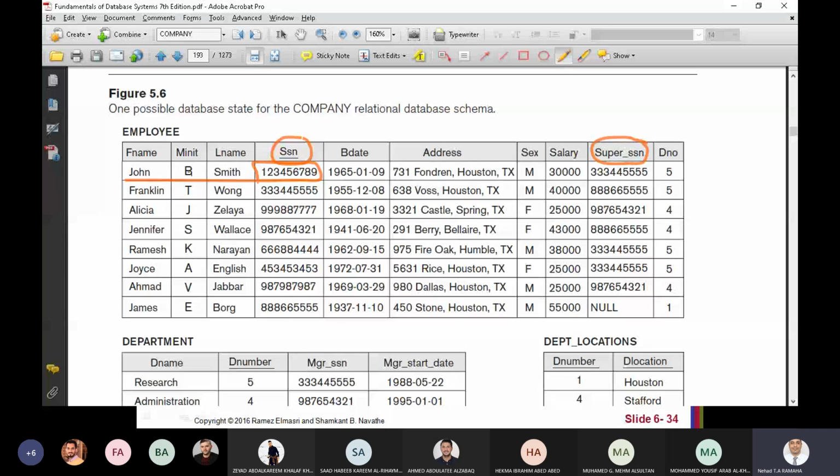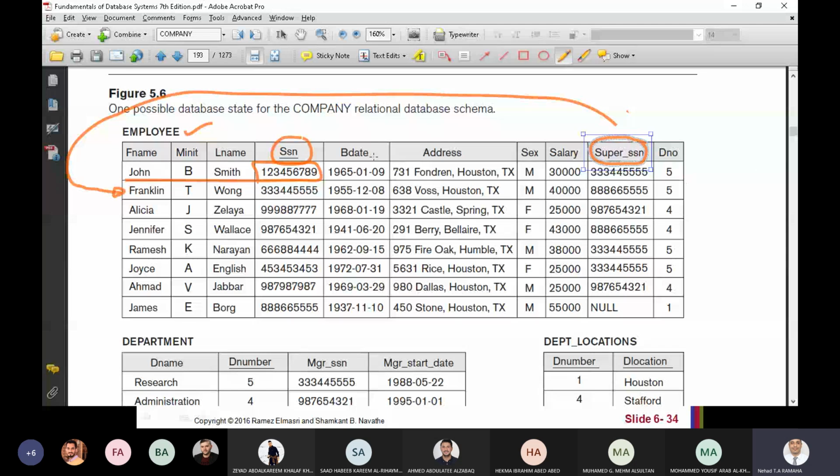So this information comes from employee, for the employee, and his supervisor, for example, 3355, this one here. So this supervisor is also an employee and his information is here. How to know? By searching this super SSN with SSN.